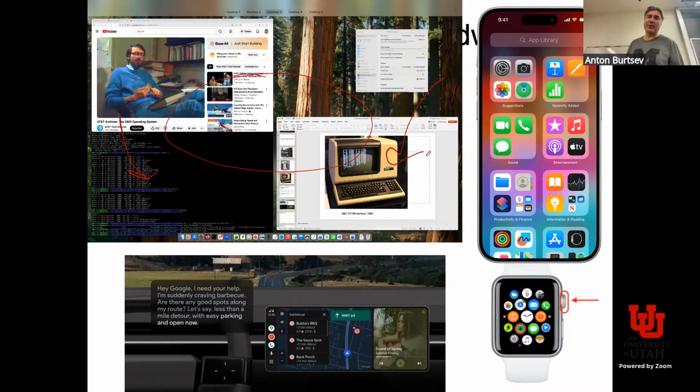But some subset of things can still be done in a shell. Obviously, if we have a phone, we have a completely different user interface. A wristwatch, totally different thing. Android Auto in a car, while you're driving, uses just voice commands, right? So different interfaces. Essentially, the hardware dictates your interface with the system, and then it percolates down and says, okay, what is the minimal set of system calls I need to implement?